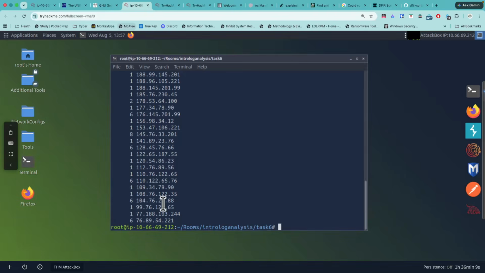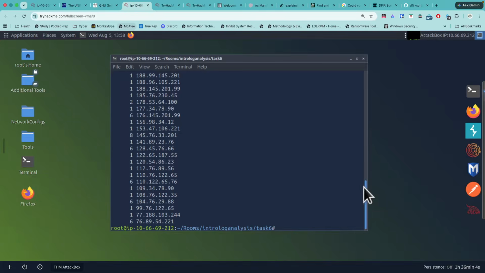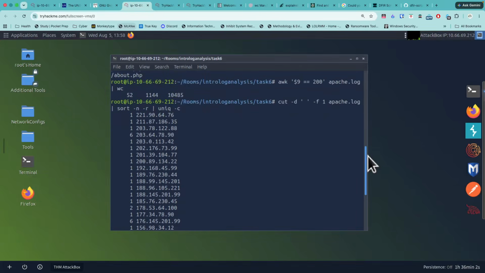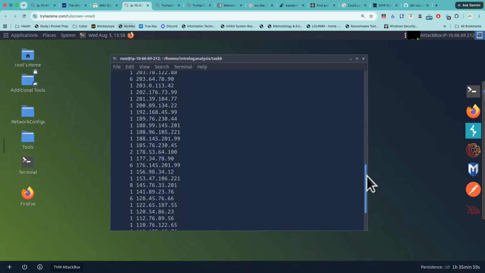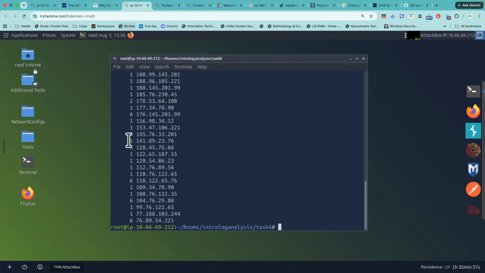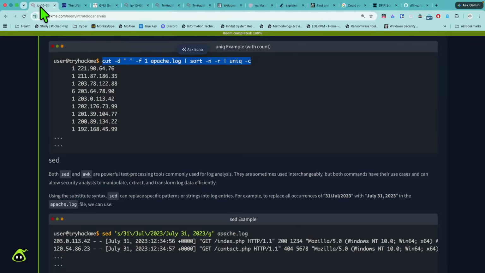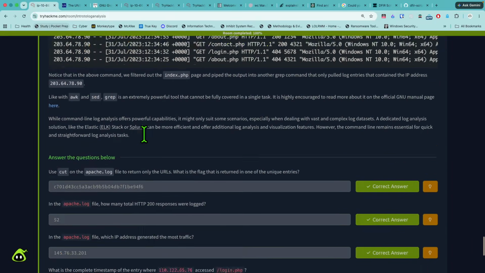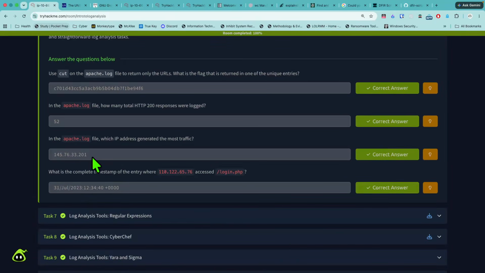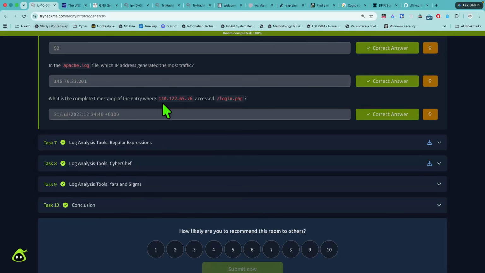And I see 6 for occurrences. Oh, I see 8. So I see 6. I see 8. 145.76.33.201 looks to be the one that has the most traffic because it has the most occurrences. Something like that. Nice. 145.76.33.201. All right, finally, what is the complete timestamp of the entry where